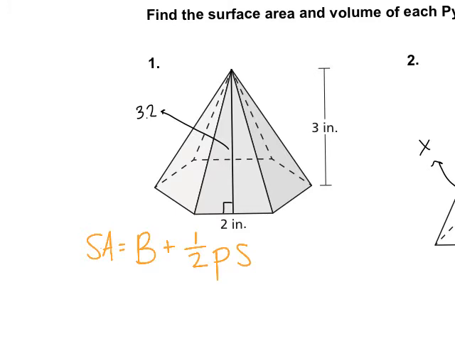All right, so area of the base. Remember, we already calculated that in our last problem. It was just 6 radical 3. Plus 1/2 perimeter of the base, we also calculated in our last problem, which was just 12. And the slant height is easy because it gives it to us, and that is just 3.2. So everybody see where I pulled all those numbers from? All right, so when you plug and chug that into your calculator, what do you get? Surface area is